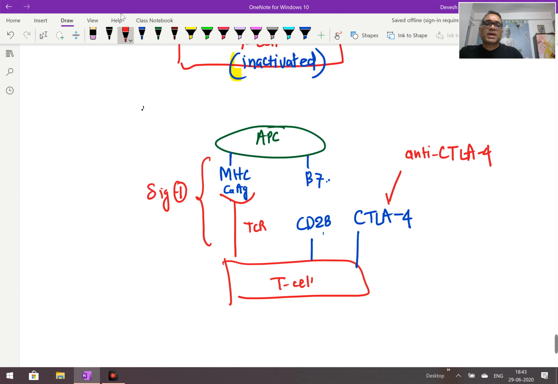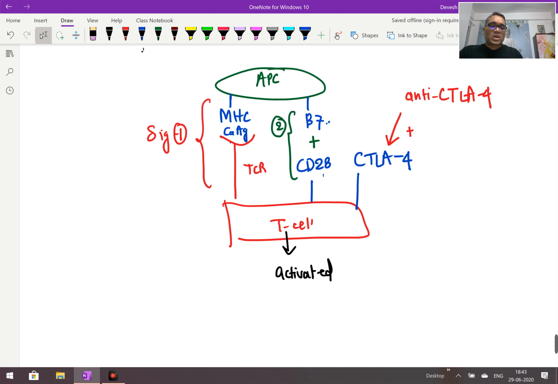antibodies which will combine with this, and by this what will happen, these two things are engaged, and now this CD28 is free to combine with B7.1, and this is how signal 2 is completed. So when this signal 2 is completed, the T cell will be activated, right? So now the T cell is activated, and what T cell is it? A CD8 cytotoxic T cell. So what is this activated T cell going to do now? It is going to kill the tumor cell. So, killing of the tumor cell.